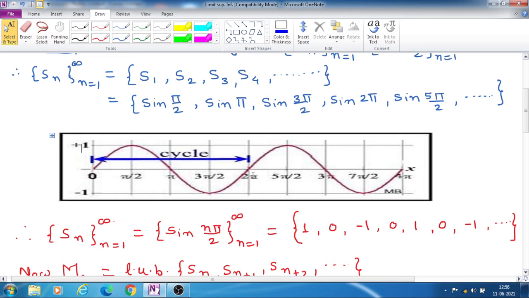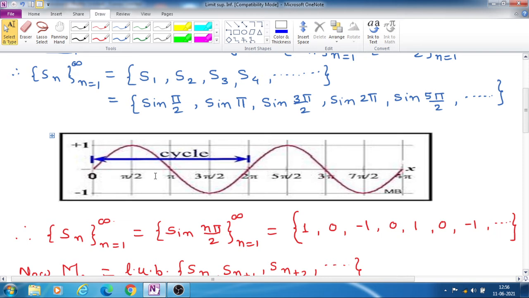So after 2 pi we get the same value. Here also sin pi by 2 is equal to 1, and again sin 5 pi by 2 is 1. So from pi by 2 to 5 pi by 2 the distance is 2 pi, and we get 1. So each value is repeated after 2 pi, but here our function is sin n pi by 2, so values